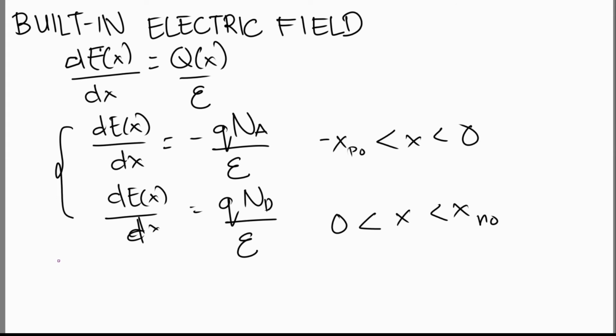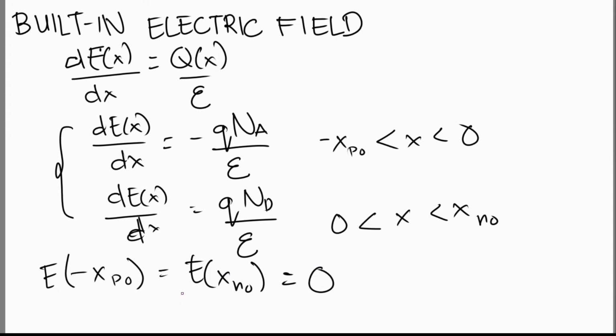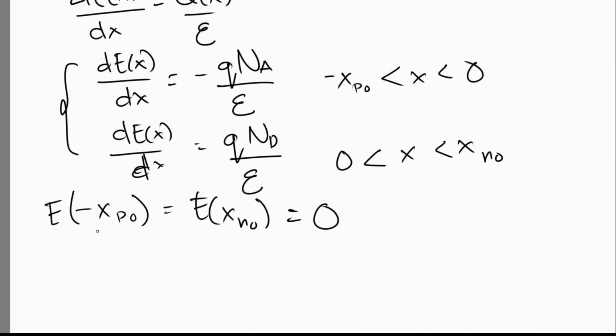At the boundaries of our space charge region or depletion region, yung electric field must be equal to 0. So this will mean E at negative xP0 should be equal to E at xN0, and at the boundaries of our space charge region, your electric field should be equal to 0. We would get, integrating this using this boundary condition here,